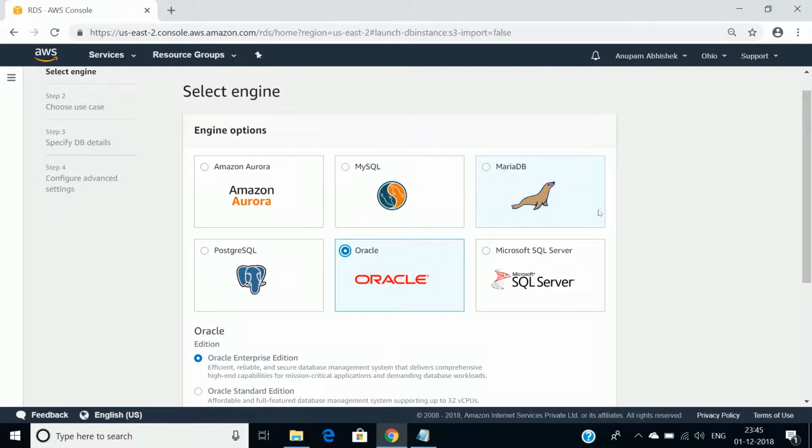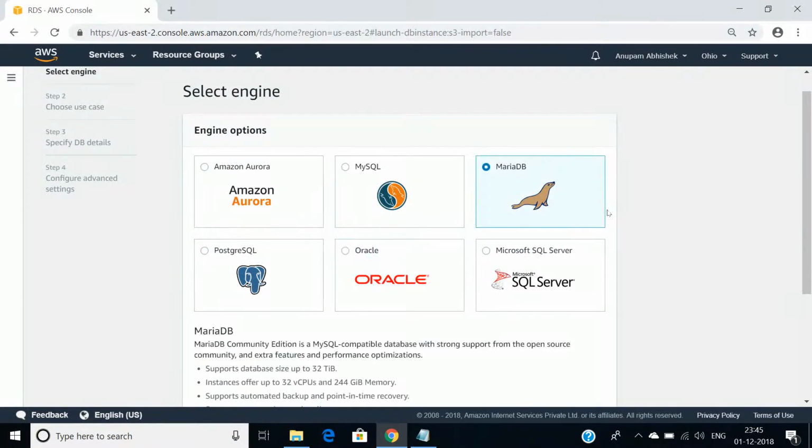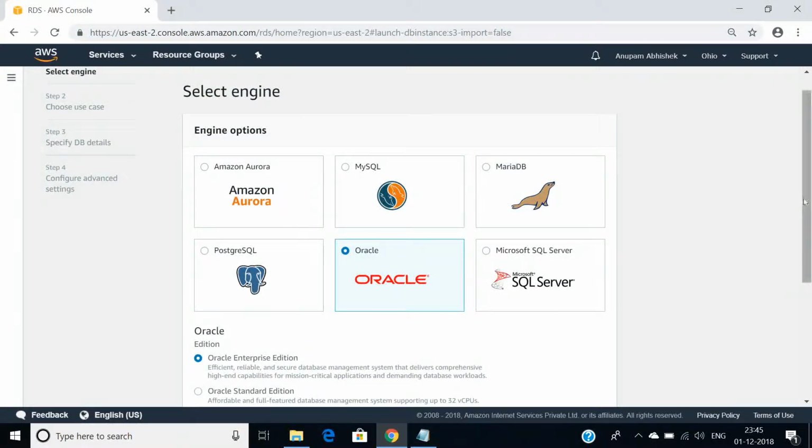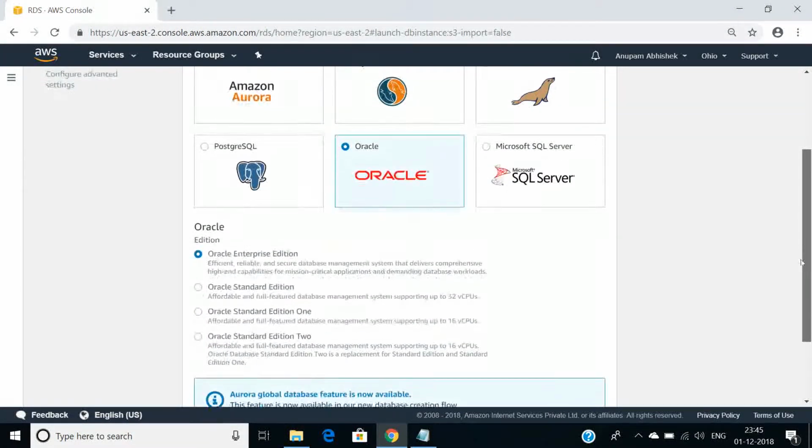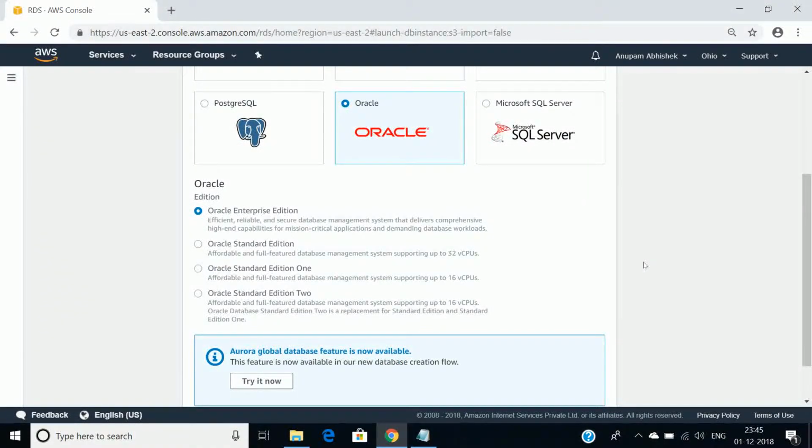Now I get an option of Enterprise Edition and Standard Edition. What does this mean? Enterprise Edition and Standard Edition have a difference in real time. Standard Edition comes with a set of limited features only. However, Enterprise Edition comes with a bit more editions or a bit more functionalities, which is mostly used by commercial